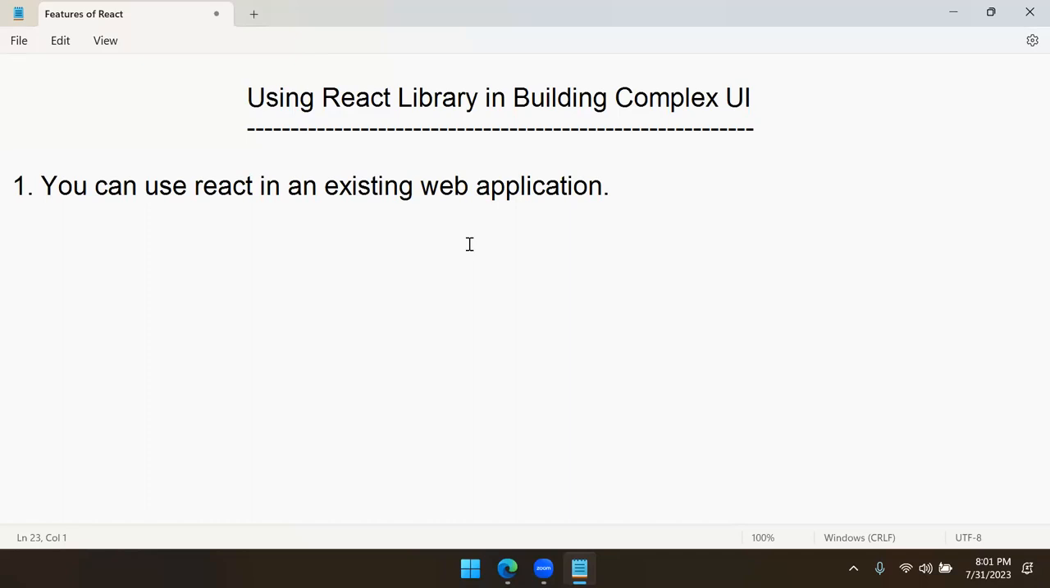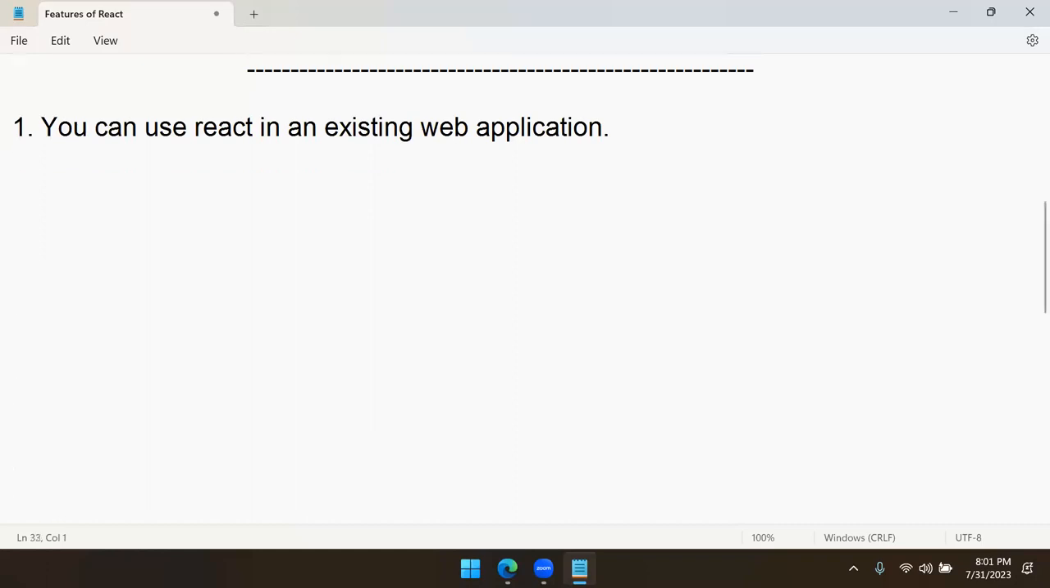First, we will see that today. First, how to create a web application and how we use React in that web application. Let's see this entire process. For that, two procedures are there. Why two procedures? Because actually